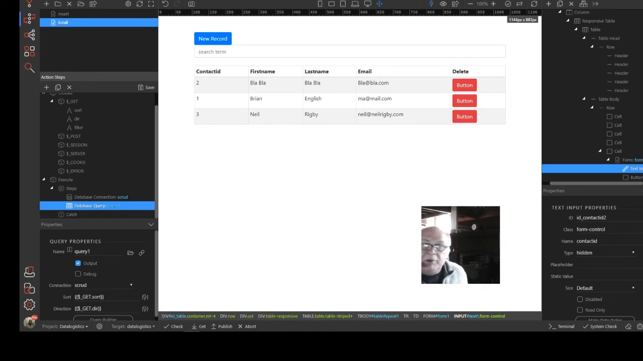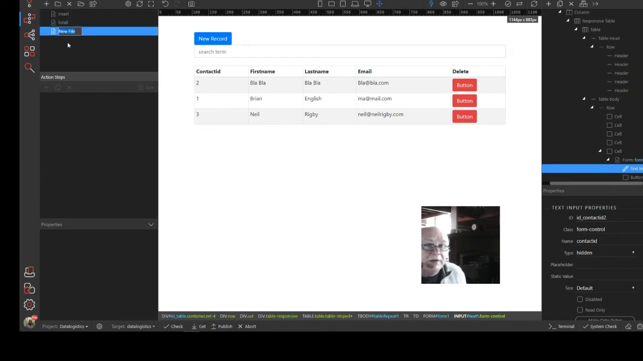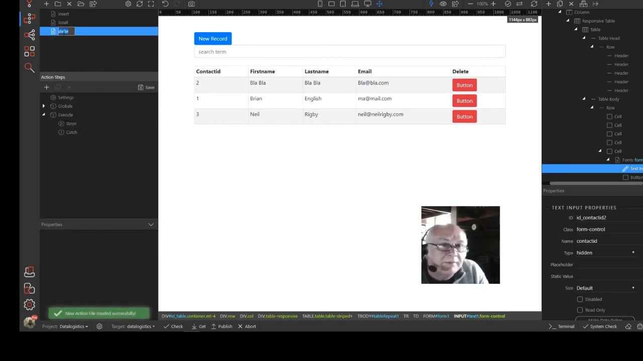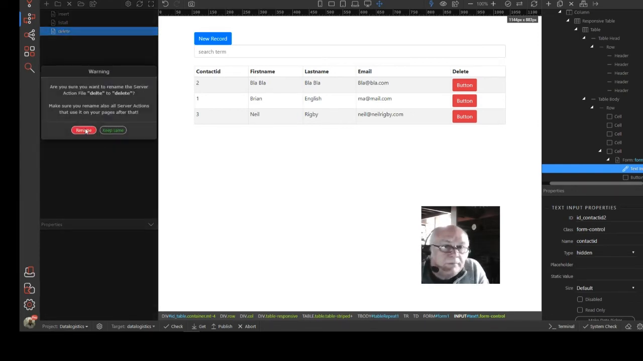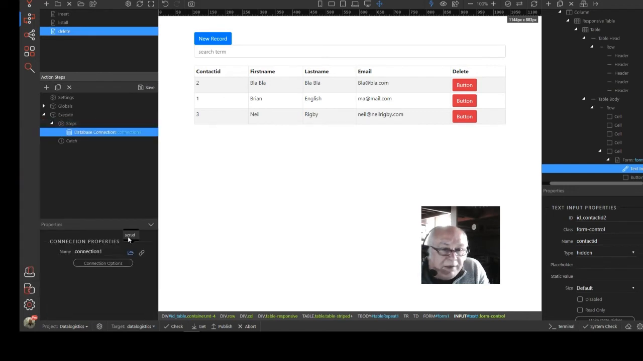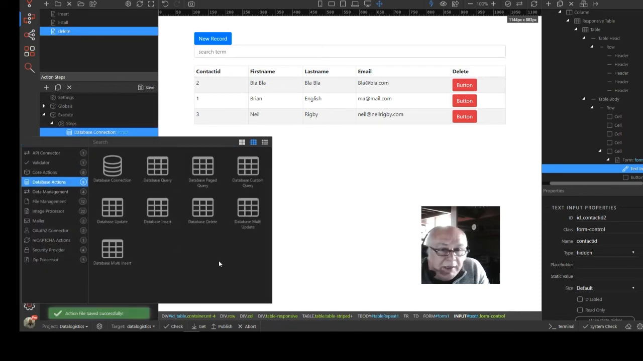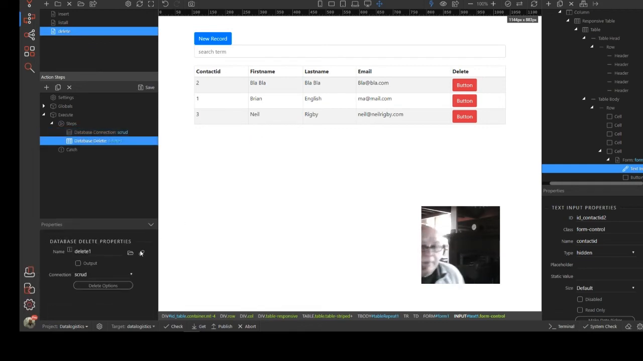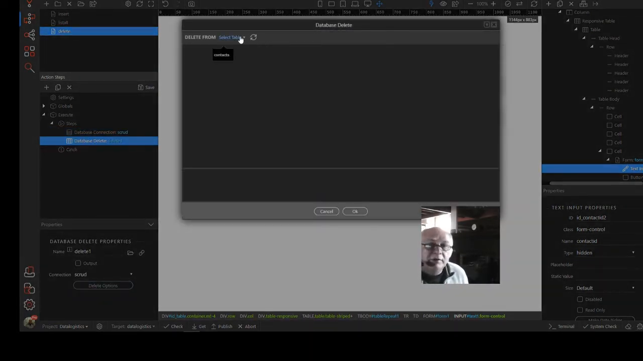So now we have our 3 buttons, a hidden value to send, and all we need to do now is send that over to our server connect end. So we need another action here. That's going to be delete. Just rename that. Our steps are going to be add that database connection again, and this time we're going to need a database delete action, and that delete action is going to be,